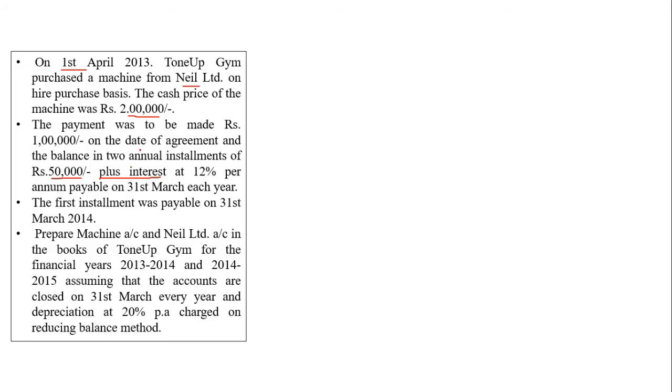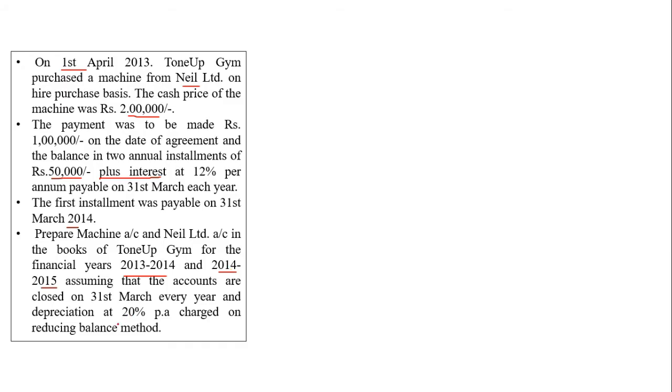At 12% per annum, payable on 31st March each year. The first installment was made on 31st March 2014. Purchased in April, so it is 13-14 first year. Prepare machinery and Neil account in the books of Tone Up Gym for the financial year 2013-14 and 14-15. So we'll have to prepare the ledger account for 2 years, assuming that the accounts are closed every year,